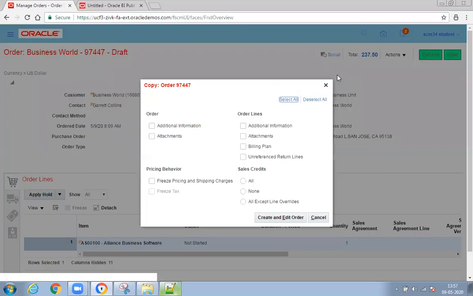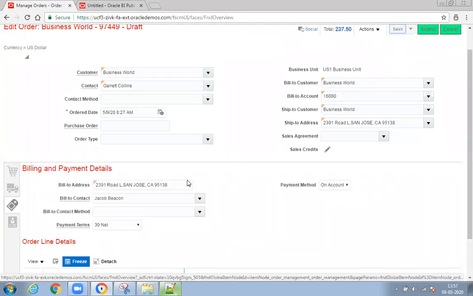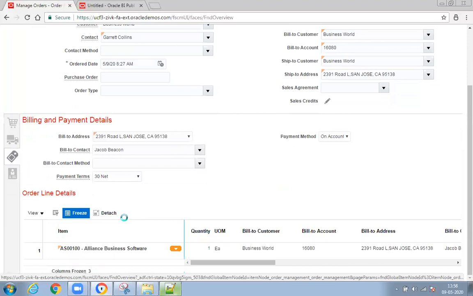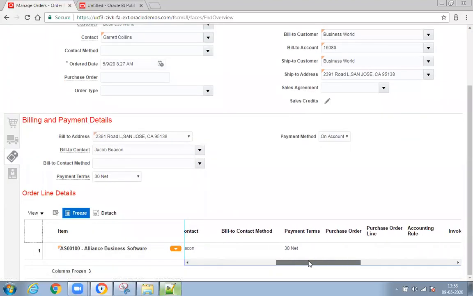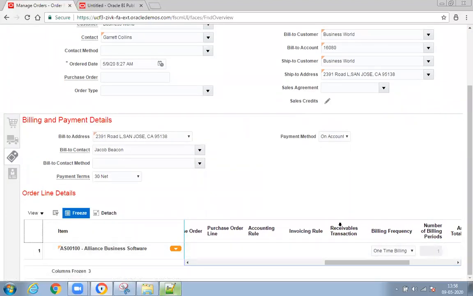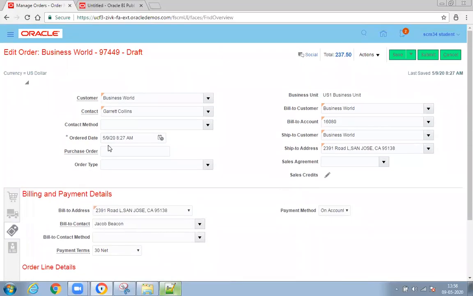Copy. Create and edit. Now come down. Save the order. Now still not populated. Why? Because post transformation rules will work only after submitting the order. Let me submit the order, not before submitting.